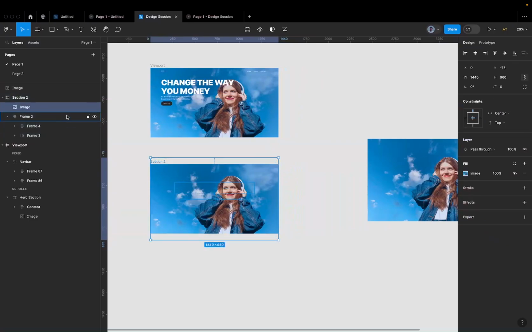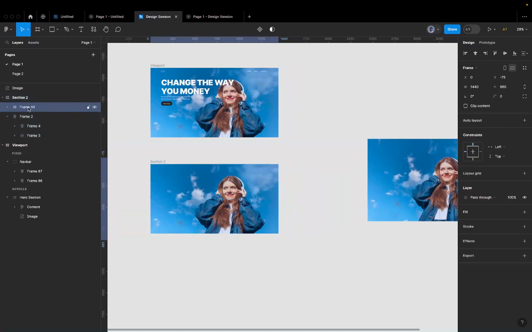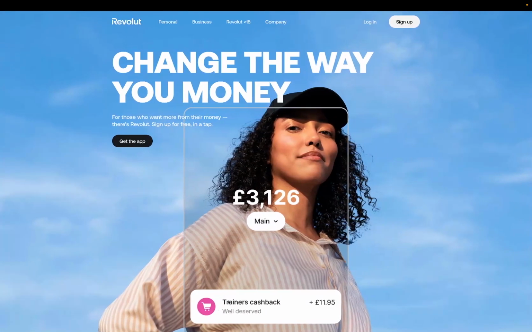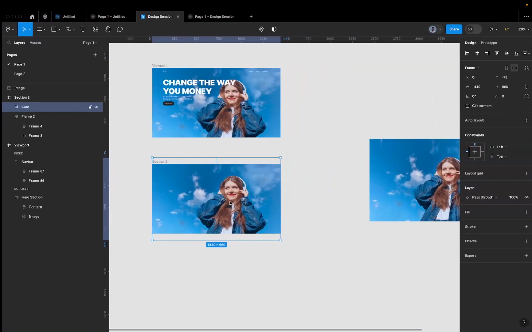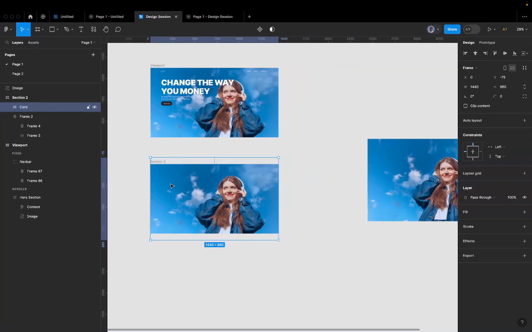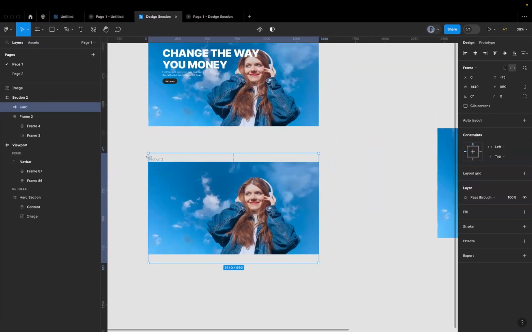So I'm going to select the image, and then I'm going to frame it. I'm going to call this frame card. I'm not going to bother myself with all this content. You can add yours instead of the card, but let's just focus on the image itself. So once that is done, I want to just